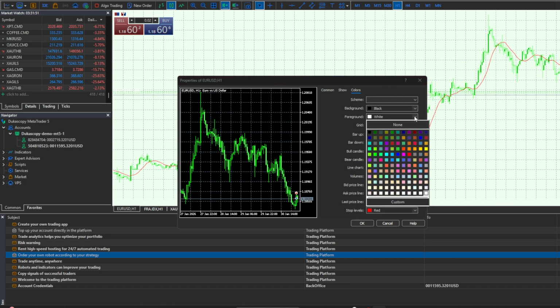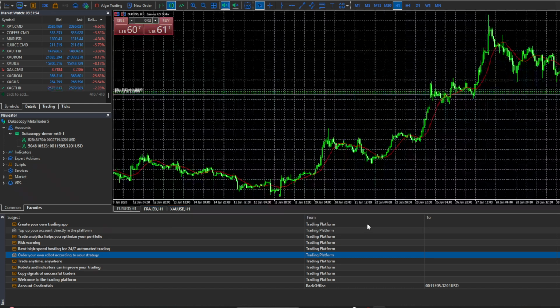Continue following the on-screen prompts by selecting colors for the other elements. For example, you might want bright, contrasting colors for bull and bear candles so they stand out clearly against the dark background. As you change each color, you'll see a preview in the chart window behind the settings, which helps you fine-tune everything until it looks right to you. Once you're happy with how your chart looks, click OK to apply the changes. Your MT5 chart is now in dark mode, making